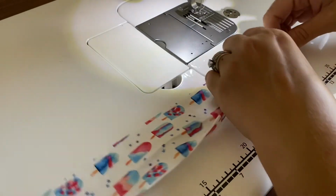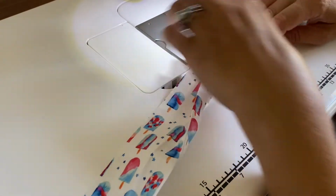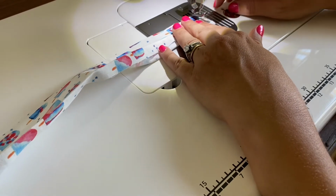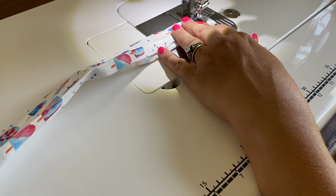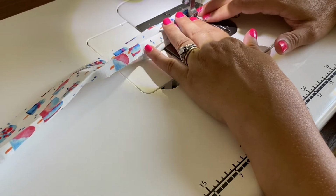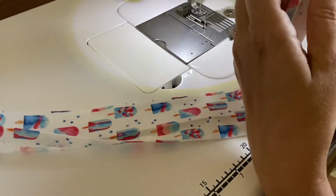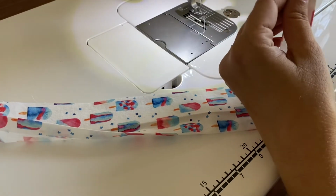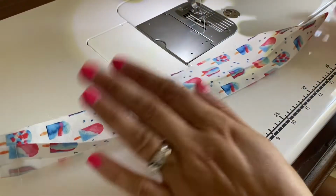And I'll do the same for the top of the placket. I don't like a thread right at the edge of that, so I start inside and then back stitch to the edge and then go forward again. Stitch. And then I can turn these so that they're right side out. And I'll push the corners out and then mark for the...